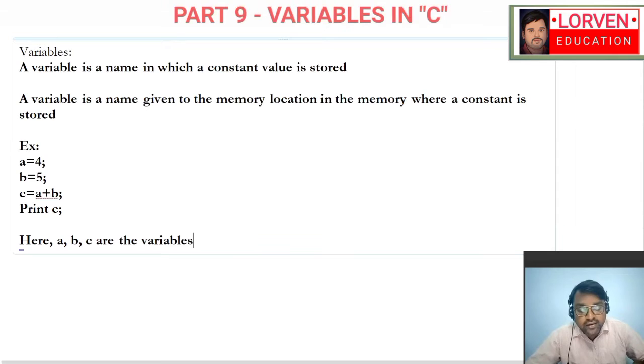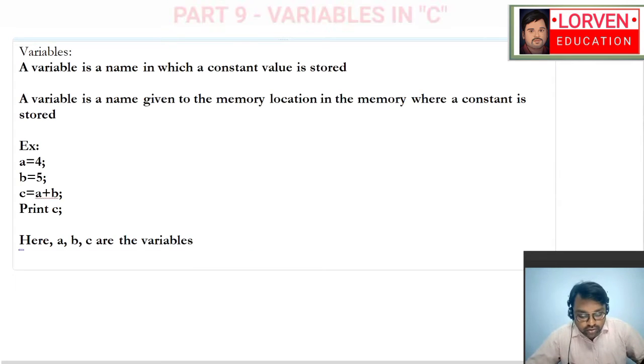And how can I say that these are the variables? Because A is used to store a value, that is 4.